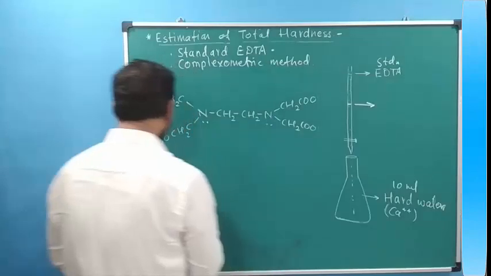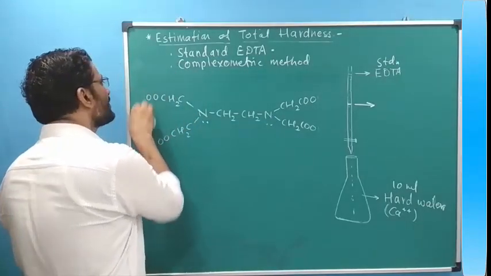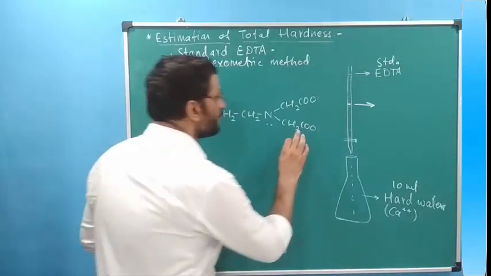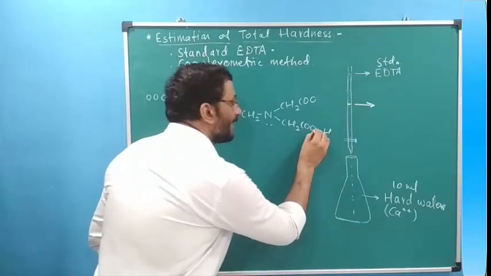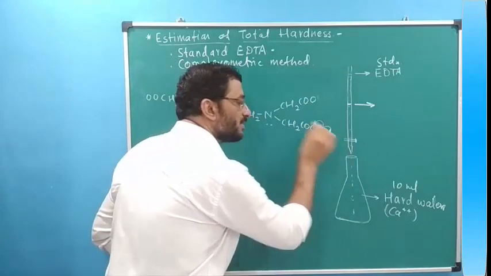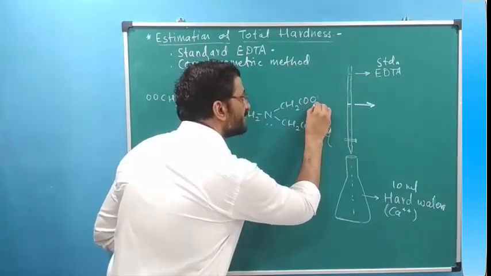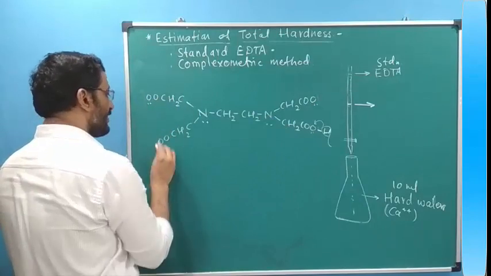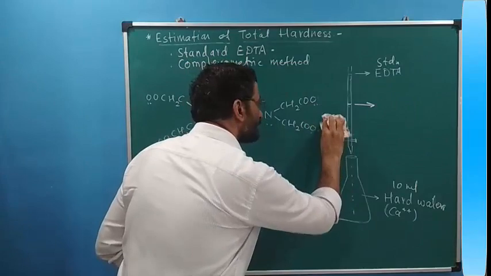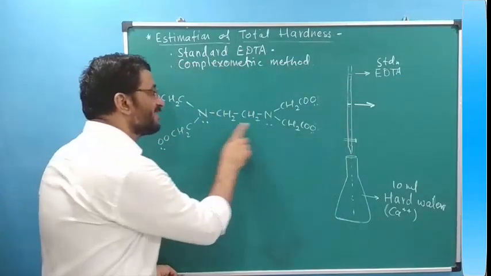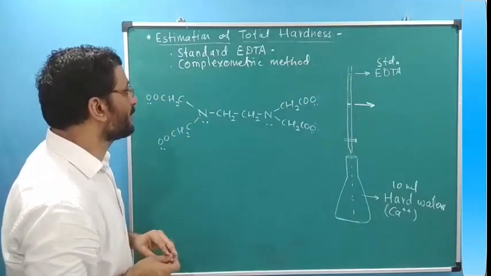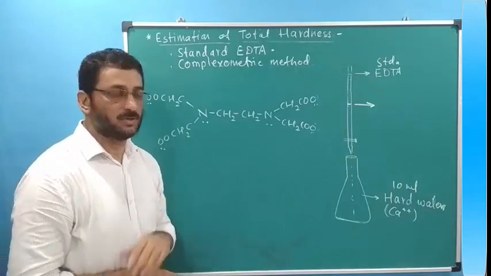What is a ligand? It is an electron rich species that forms a bond with an electron deficient species. Simple. Now when you prepare a solution of this, electronegative oxygen takes the electron pairs towards itself. H plus will go in the medium. This will be negative, this will be negative, this will be partial negative. So these are the 4 oxygens carrying 4 pairs of electrons, and this nitrogen is basic, so 2 pairs. It is an example of a hexadentate ligand. In the experiment, we can use even the disodium salt of EDTA.